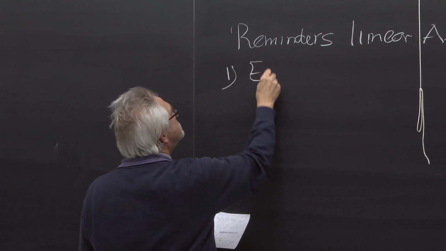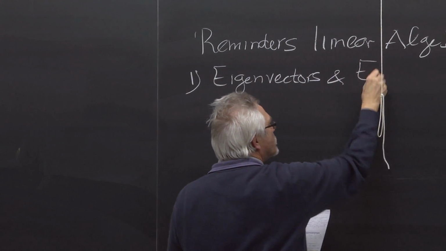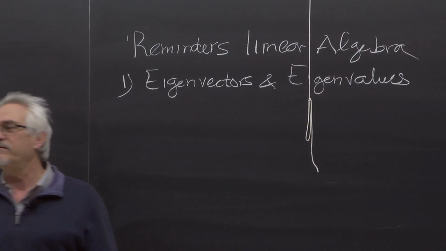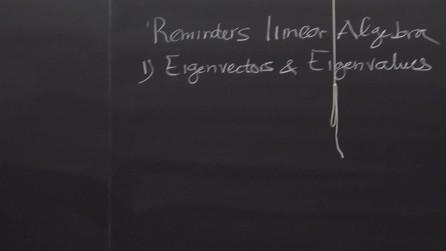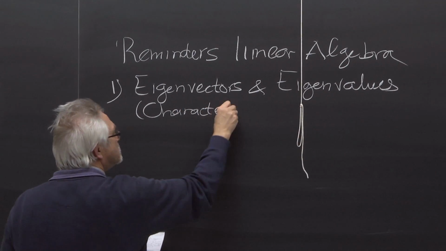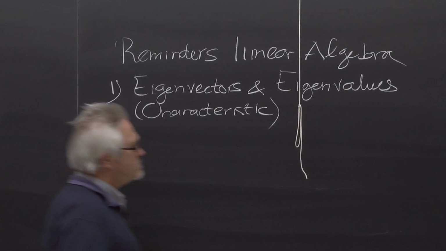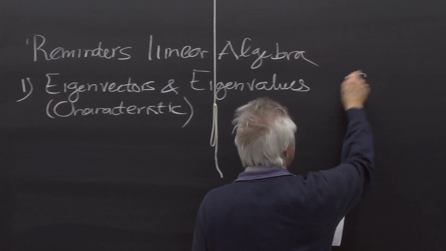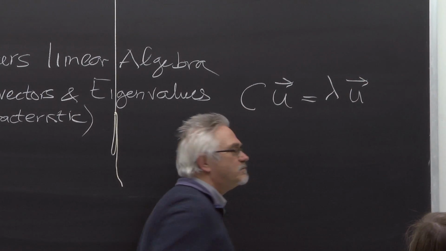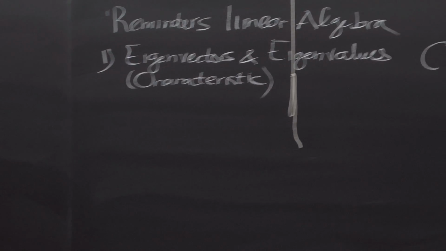It's eigenvectors and eigenvalues. Now, eigen is a German word, and in this context you can basically translate it as characteristic. And if you have a matrix, let's say C, and a vector U, then this is the important equation that you need to recall. And if you don't know about this, maybe you should, at some point in time, review